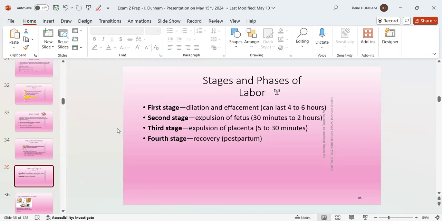So it's a real active time. The last phase is called the what? Transition phase, right? So I got latent, I got active, and I got transition. Now I'm dilating from 8 to 10 centimeters. Now, if I'm a natural birth,